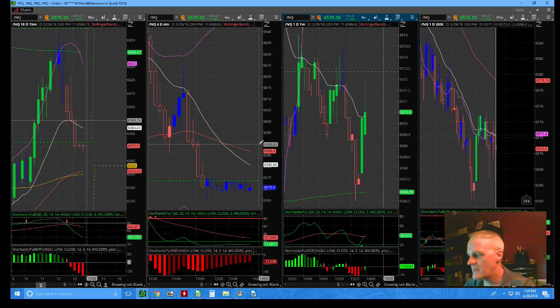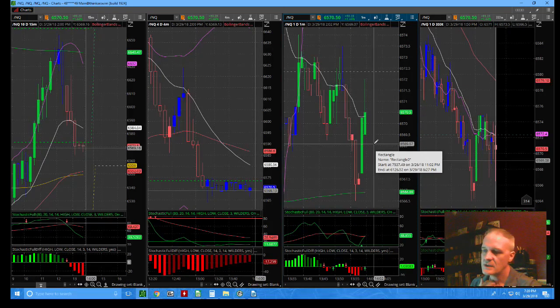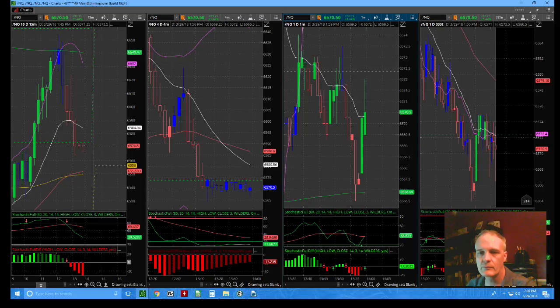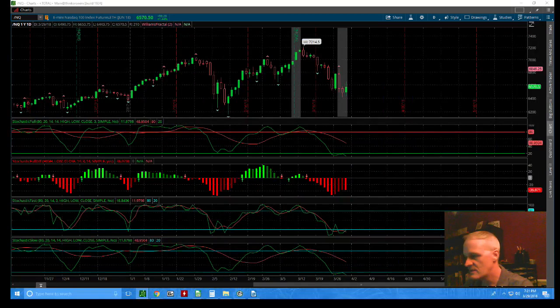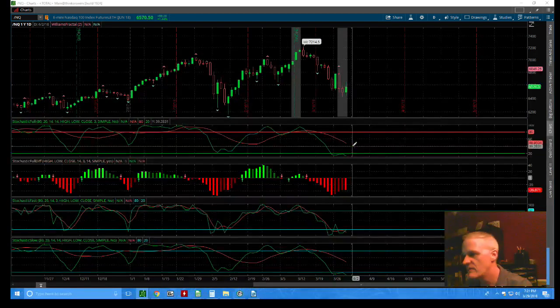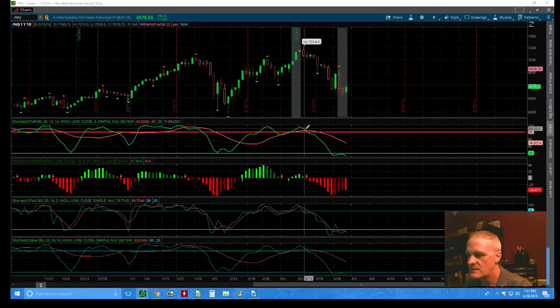So that's the summary of stochastics: the inputs that go in there, the formula by which it's calculated, the smoothing factors, the different types, and then how signals are generated. So we talked about how potential signals can be generated. It can be a crossover of your fast K below the overbought threshold or above the oversold threshold. It can be a cross of fast K over fast D, so a cross downward,